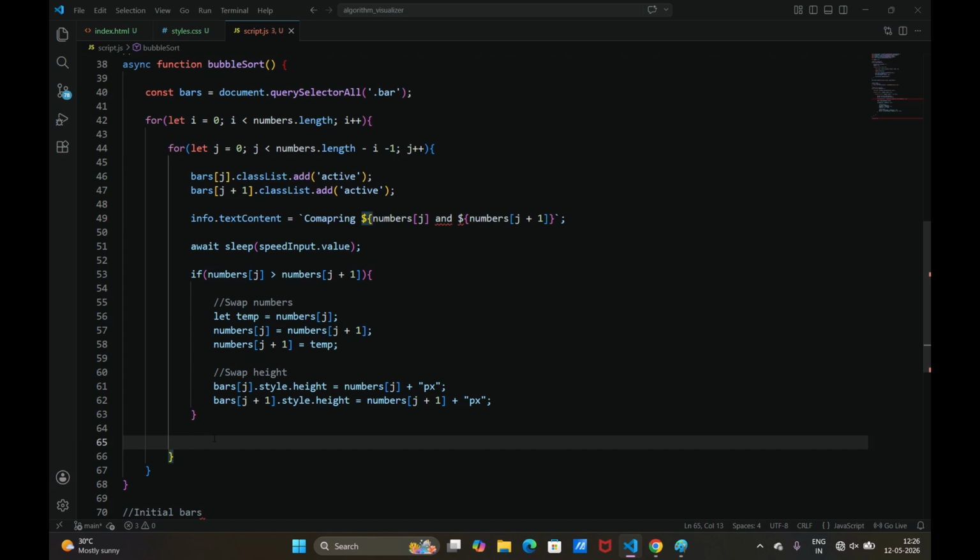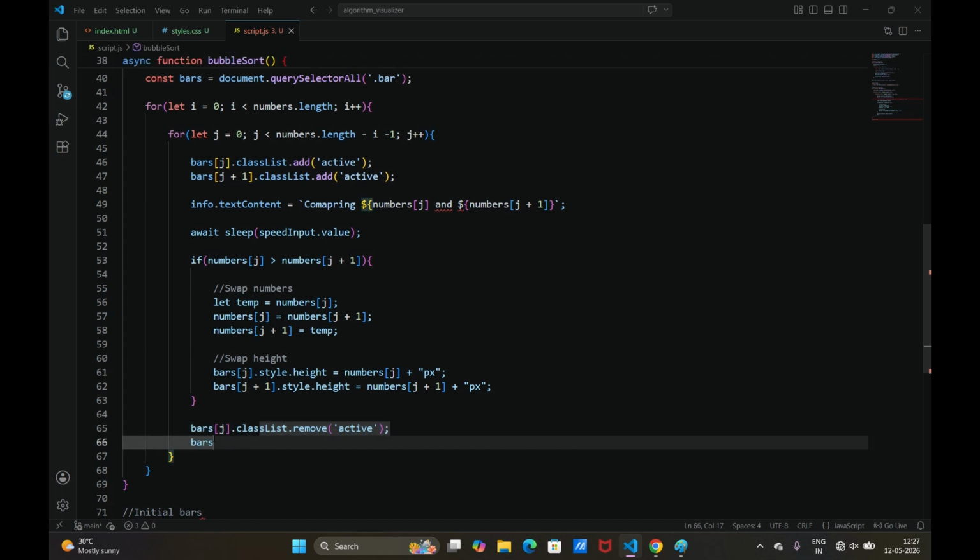So using the same method, bars j, give it a class list, remove the active, and bars j plus 1, remove the class list again, the active,